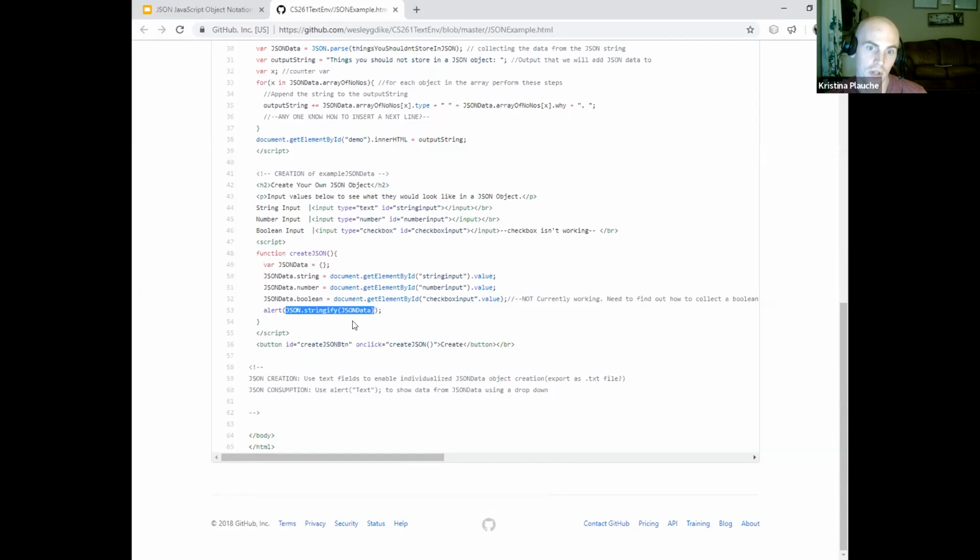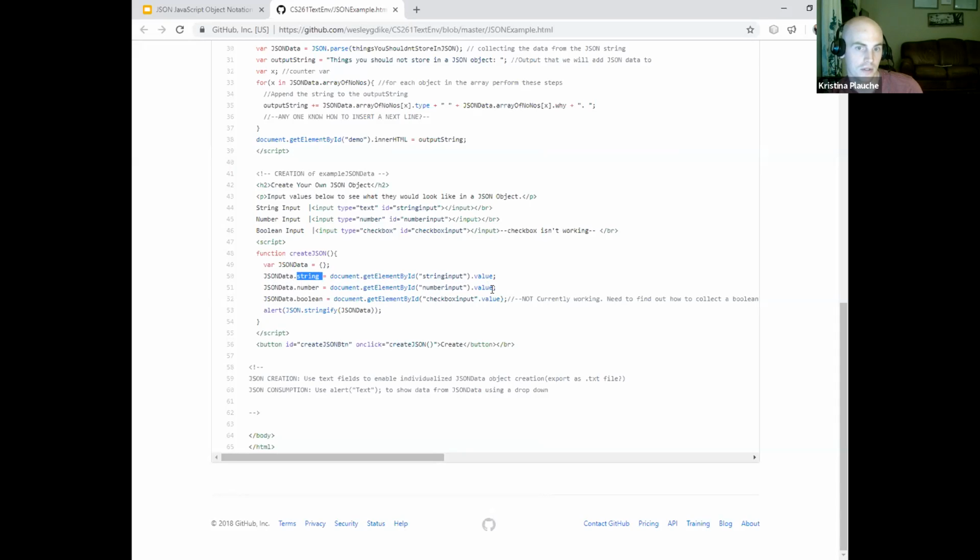In this one, I have a few different input fields up here, a string input, a number input, a Boolean input, but the Boolean's not working for some reason. I didn't know how to get the value out of a checkbox. I looked and I couldn't find it. But anyways, it adds those values into a JavaScript object right here. It takes the value out of the input and puts it into this JSON data.string variable.